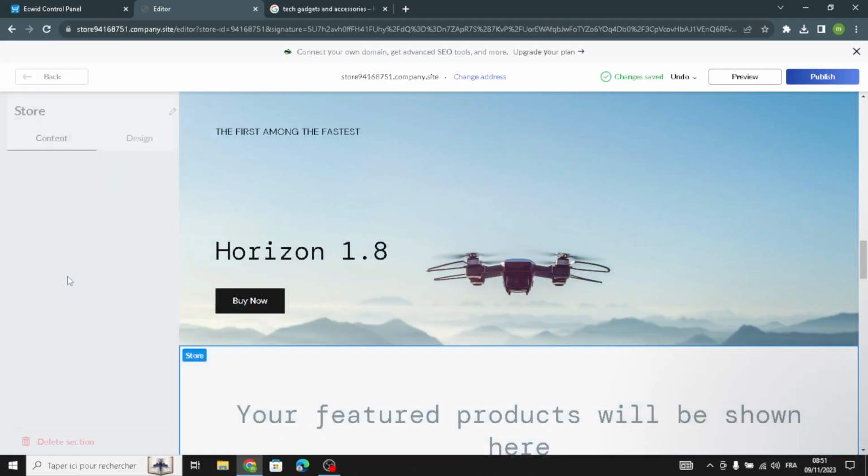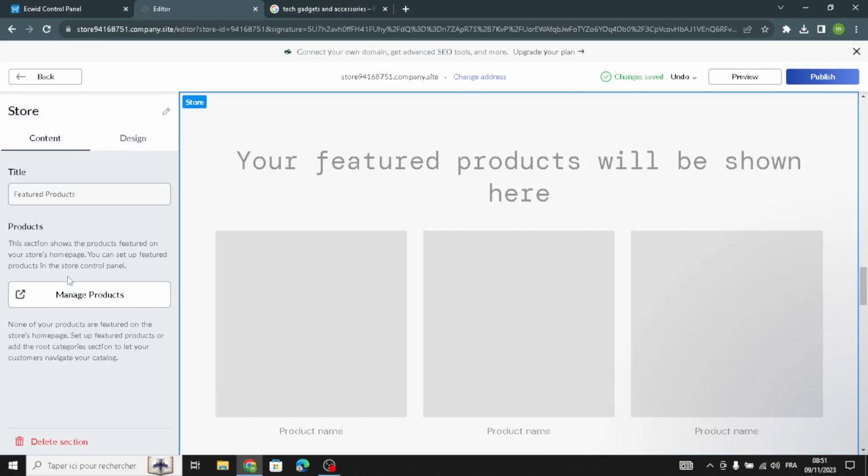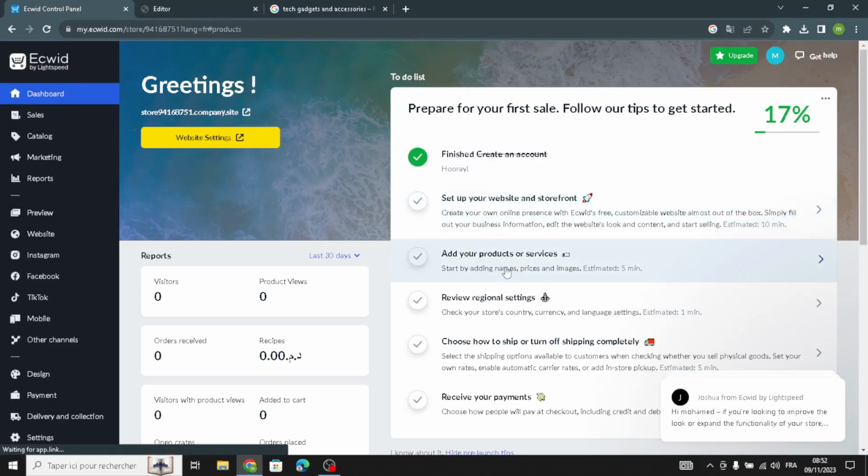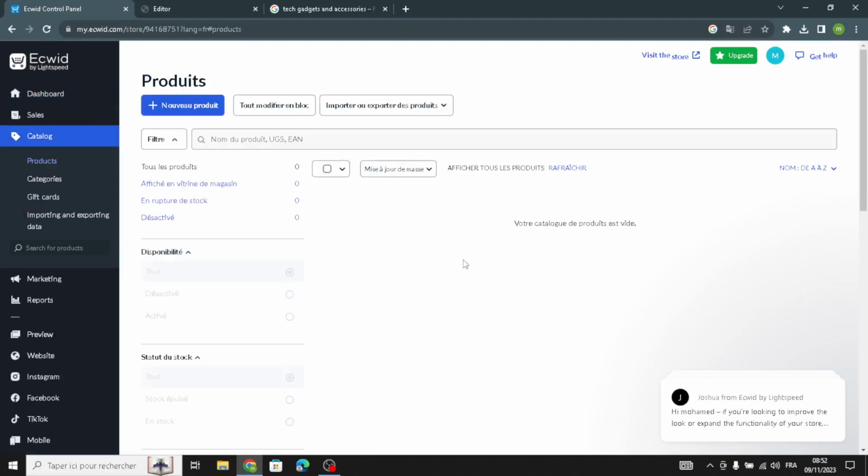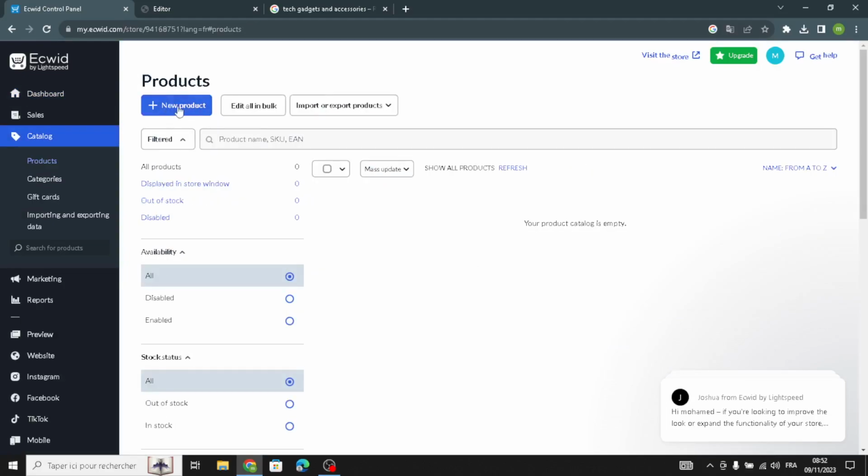Let's move on now to the store section. So here you have to create your product, so go back to the dashboard and click here, add your products or services. Okay, so now click on new product,